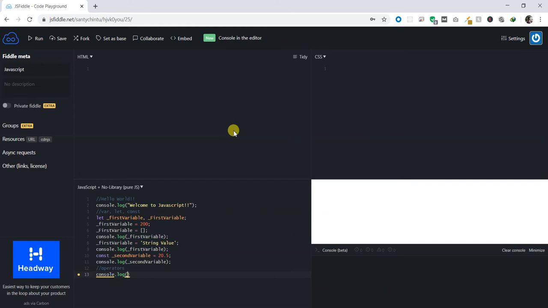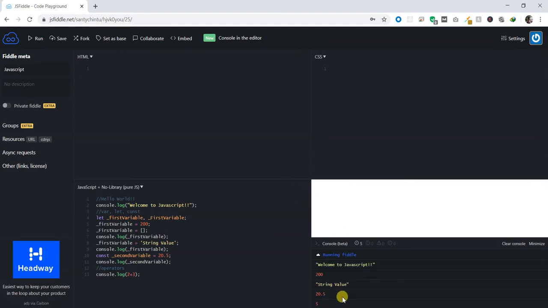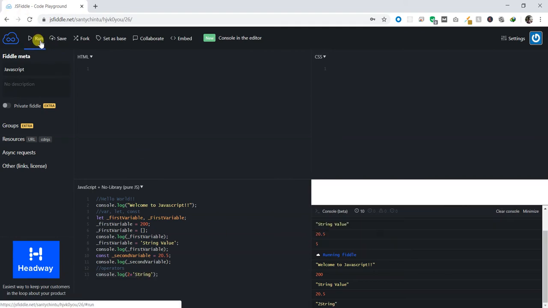So first is your addition. Let me say 2 plus 3. This is your addition operator. Click on run. You see you got your output as 5. So instead of 3 you can even give a string. It concatenates the number to your string. So here what happens is it considers 2 also as a string and it just concatenates with the other string. So this is your addition.